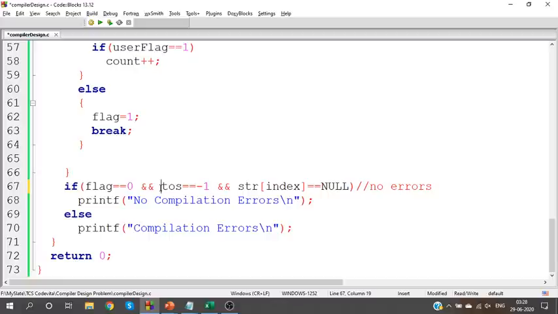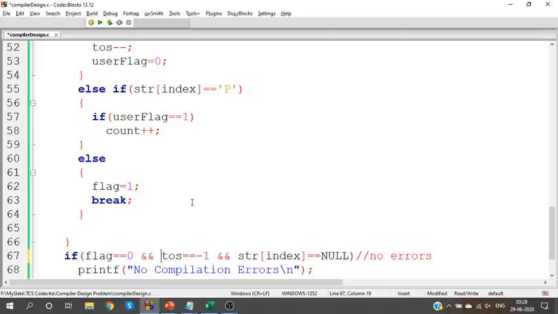So as I've said, you can have your own way of coding. There is no compulsion to follow my way of coding. You can follow your own way, but ensure that you deal with all possible scenarios. There are so many scenarios where a program will fail for such questions. Especially when it comes to brackets, there are chances of mismatching brackets, chances of having extra open brackets, extra close brackets, or improper order of brackets. Deal with everything. Only when you deal with everything, you will have the perfect solution.